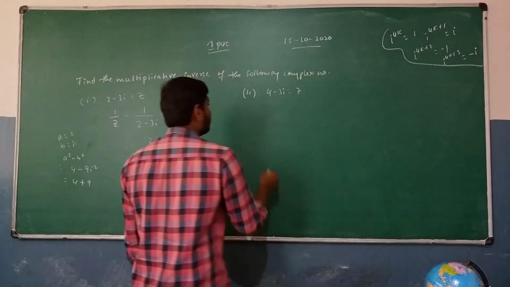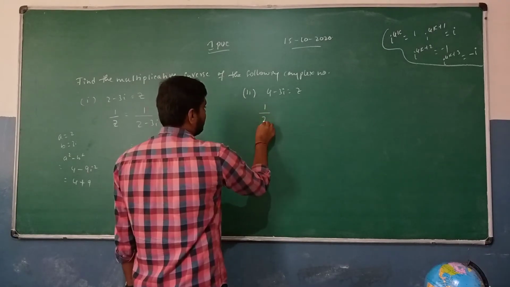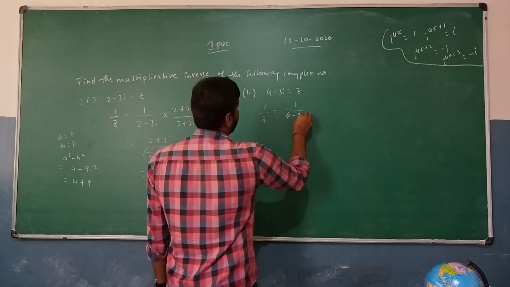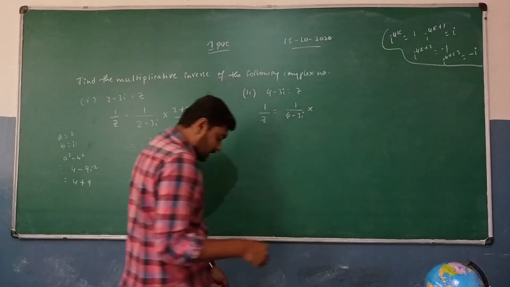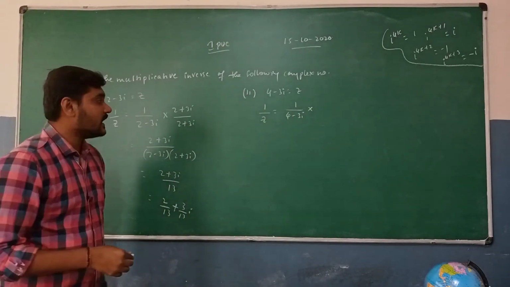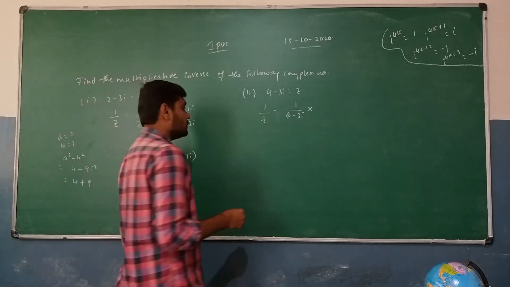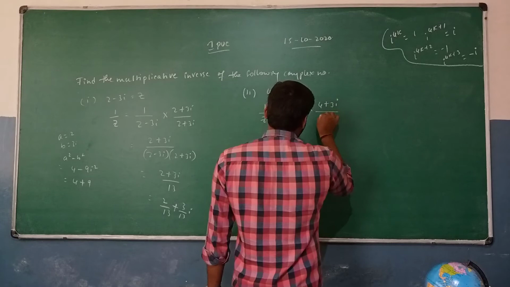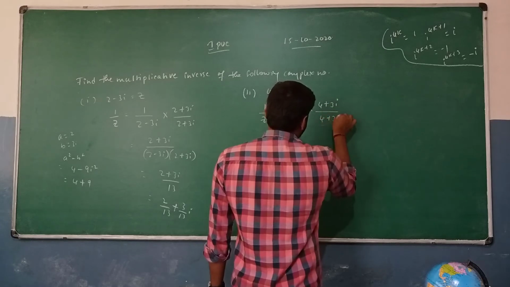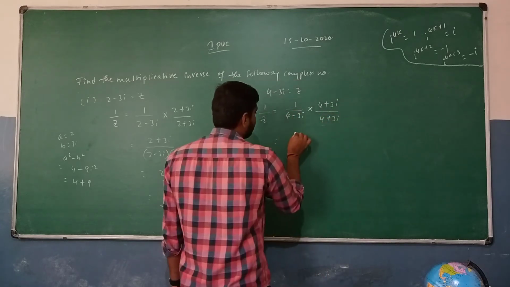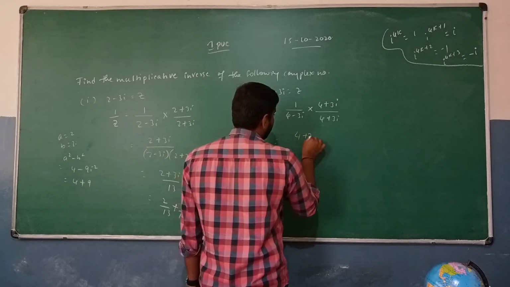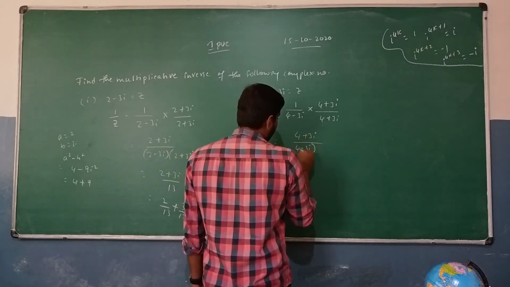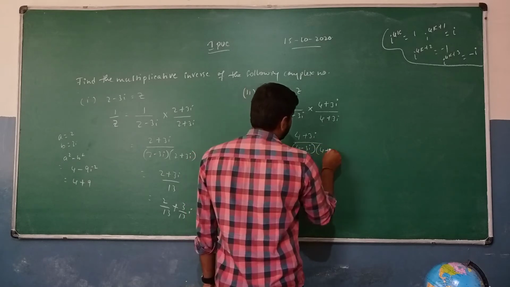So the inverse of a complex number, which is 1 divided by z, is 1 divided by 4 minus 3i. We need to multiply the conjugate in both the numerator as well as the denominator. That's going to be 4 plus 3i divided by 4 plus 3i. So here we multiply 1 into 4 plus 3i, that's going to be 4 plus 3i, divided by 4 minus 3i into 4 plus 3i.